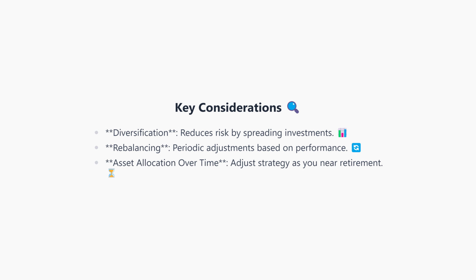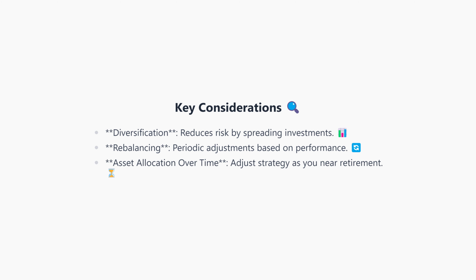Now that we've discussed a sample allocation, let's look at some key considerations. Diversification is essential for reducing risk by spreading your investments across different asset classes. Rebalancing is important for keeping your portfolio on track, involving adjustments based on the performance of your assets. As you get closer to retirement, it might make sense to shift your allocation to be more conservative, such as